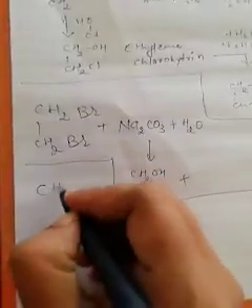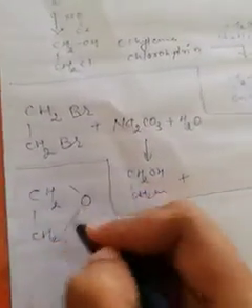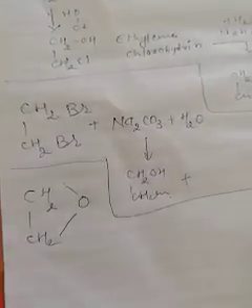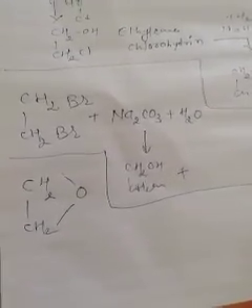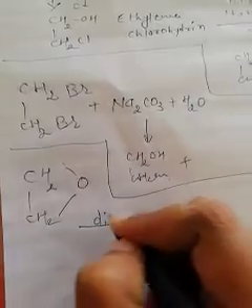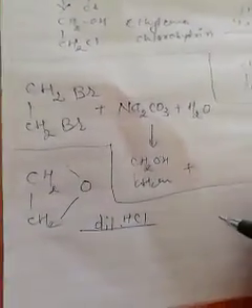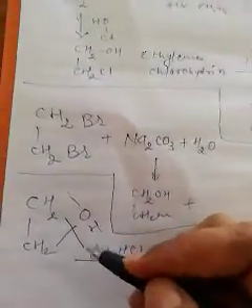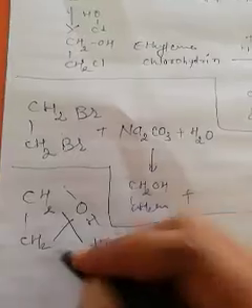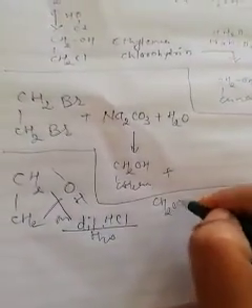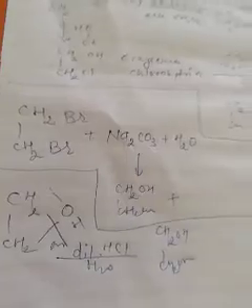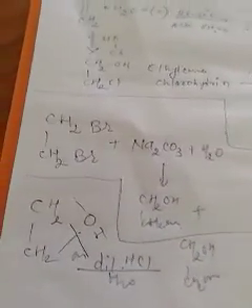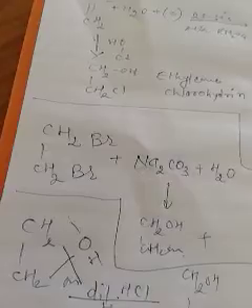The next one is from ethylene oxide. Now you know that ethylene oxide is this. Generally or industrially, glycol is prepared from ethylene oxide. Ethylene oxide on bubbling with dilute HCl. Whenever dilute HCl is there, a hydrolysis reaction takes place. Hydrolysis at this position takes place, with one H and OH. So what we get? We get CH2OH, CH2OH, which is nothing but ethylene glycol. So by simple hydrolysis using dilute HCl, we get ethylene glycol as a product.